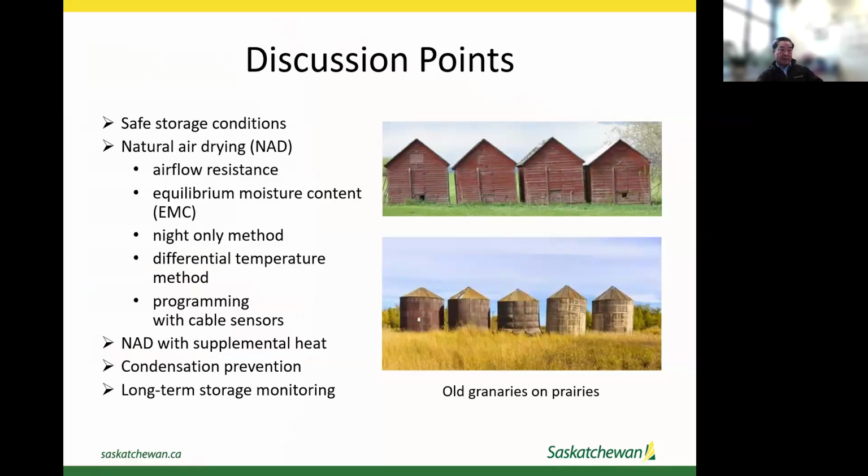We'll discuss some of the drying methods, night-only methods, and differential temperature methods, which are recommended by a professor from the University of Regina, and then there's programming with cable sensors. Further, we're talking about natural air drying with supplemental heat, some condensation prevention, and long-term storage